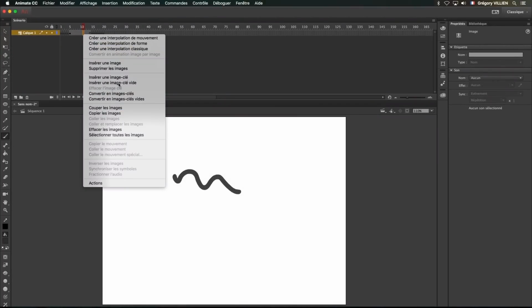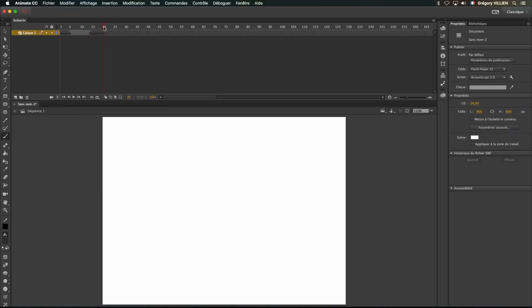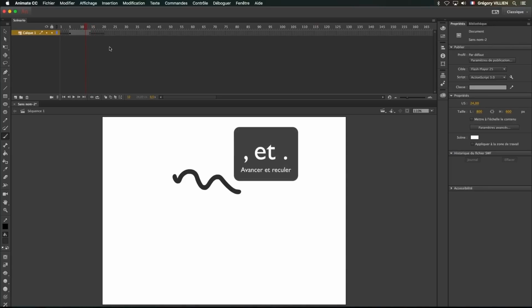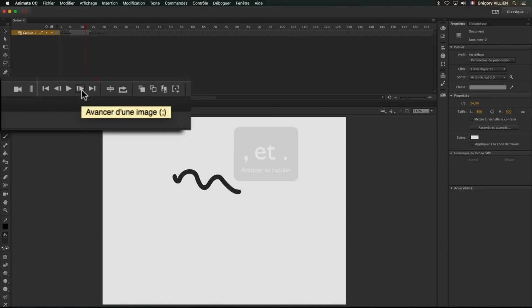Now, we'll be able to go see all the shortcuts here, but I want to show you F7 and F5, which allow you to create new keyframes. The idea isn't to walk around with the mouse like this, but to use the shortcuts. For example, here you can see I'm using comma and semicolon. It's really the shortcuts that I want you to be able to find by hovering here.